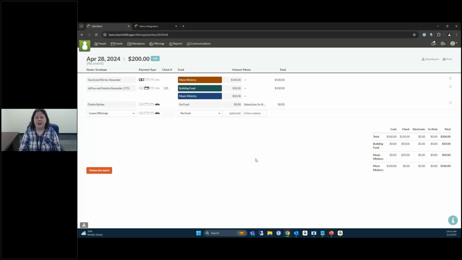So once you have gone ahead and put that in, it is already posted, it's already entered. So if we ran statements for either of the Alexanders or for Deidre, these offerings would already be on their statement. So it is an automatic process, no posting required. Once you go back to the offerings view here,